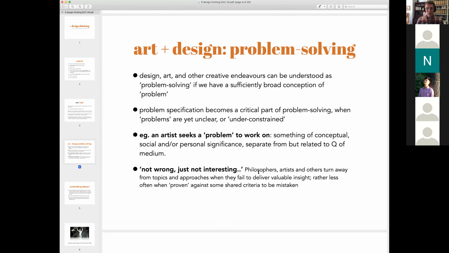when we look at art and design fields, we see that they use the discourse of problems in a broader way, that this is often a deep philosophical problem or an existential problem. Often people would say that it's a big philosophical issue. Okay, so a lot of design, art, and other creative endeavors can be understood as problem solving if your definition of a problem is sufficiently broad. Okay, and so there's problem specification,